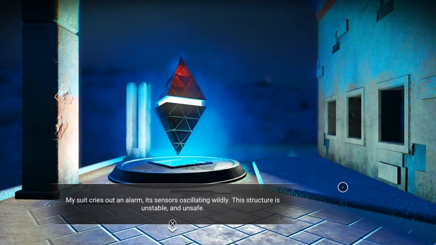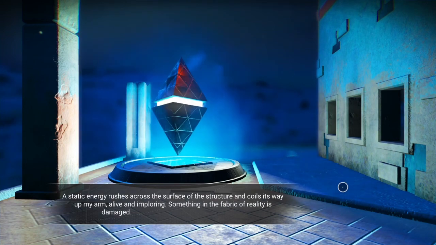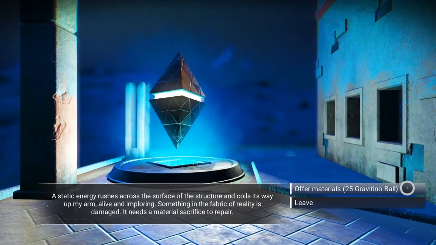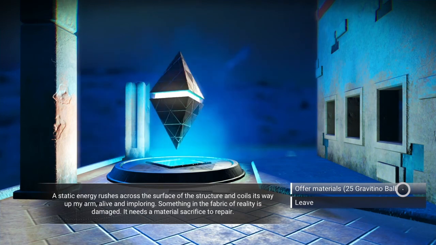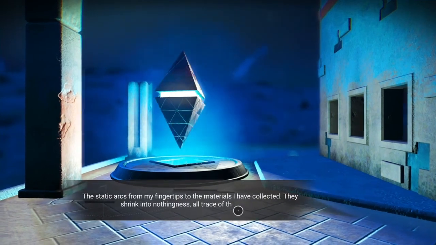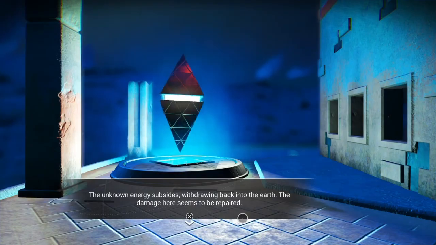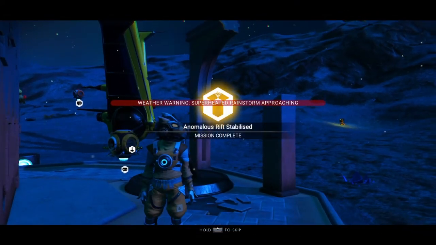Nice. And what are they after this week? They are after, comes up with all this shenanigans. Awesome. 25 Gravitino balls. Okay, well, this is an extreme sentinel planet, so they're quite easy to find. Now, this is creative mode, so I'm just going to hand in this, but I will show you what the Gravitino balls look like and how you can go about finding them in a second. But there we go, so we've got a nice bit of lore there, but that is mission complete-amondo for week